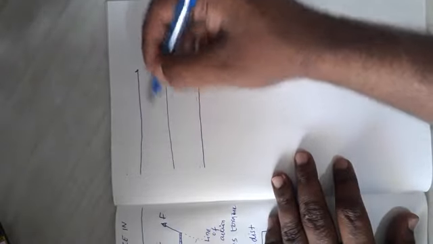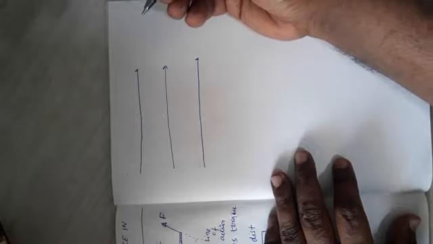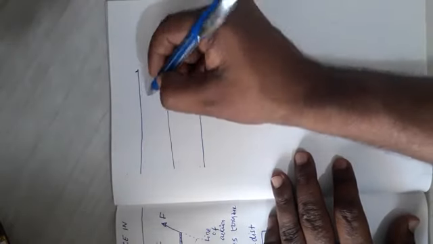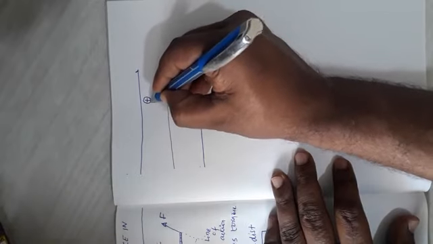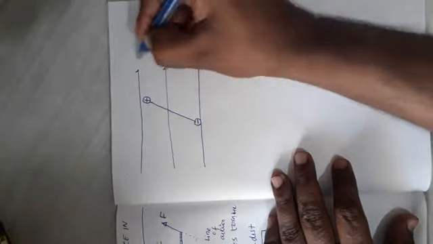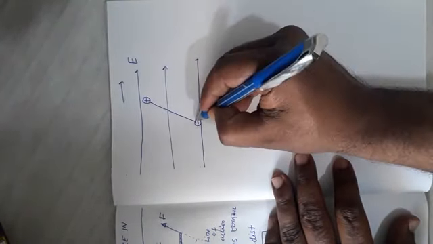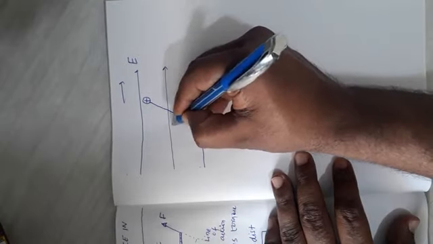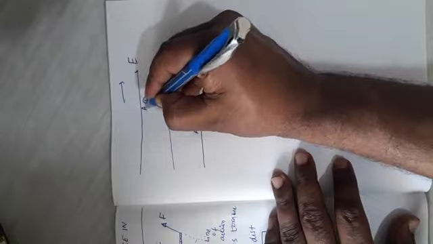Such as in this case, the separation is same. So, this is the denotation for uniform electric field. Now, let us say that I have placed a dipole here in this electric field. The direction of electric field is from this direction to this direction, and this is electric dipole. This length is 2L. Let us say this point as A and this point as B.